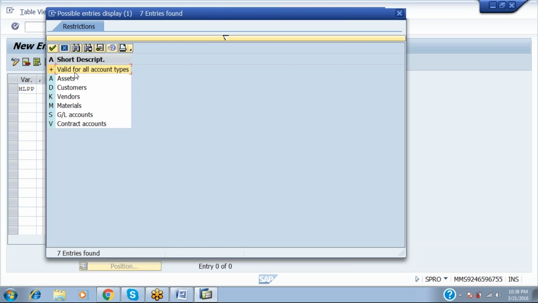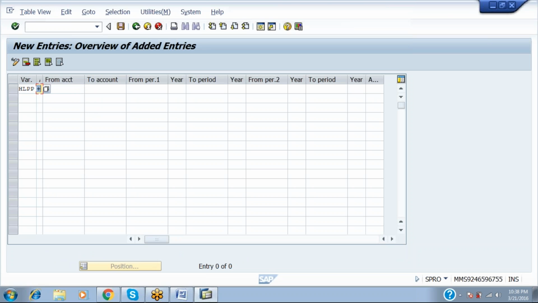So here I am saying that it is valid for all types of accounts. That means whatever accounts I am having, whether it is purchases or payments or whatever it was, for all the different types of accounts,